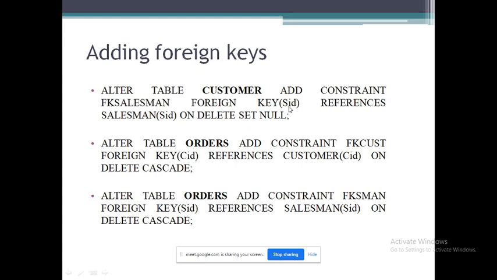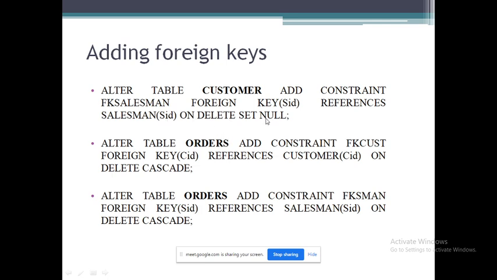This SID is there in your customer table and it references salesman of SID. That is the attribute in your salesman table, and you can use the option on delete set null. This is one of the actions performed when there is a constraint violation.